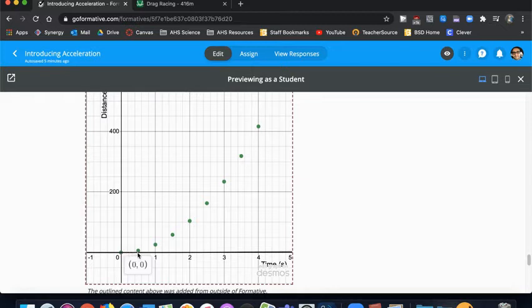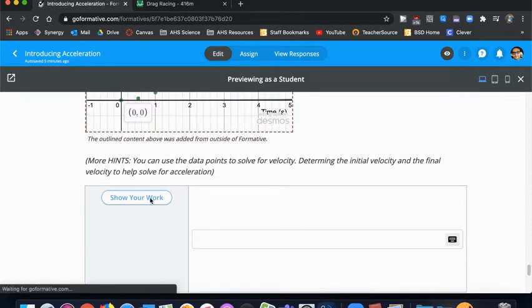Then this drag racer accelerates and it gets to its final velocity, which would be the peak here. If I click that, again, 416 is my distance. 4 is my x value, so that is my time, 4 seconds. And so I would take 416 divided by 4. And just to show this real quick,